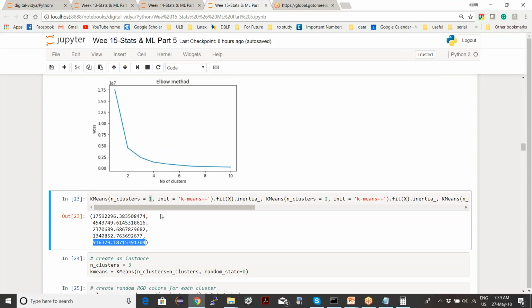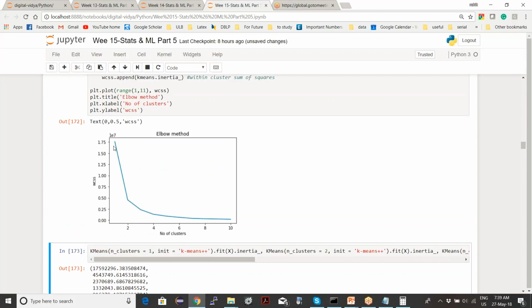So you can actually view the numbers also, but generally you plot them, because then it gives you a feel for where the bending has become slow.